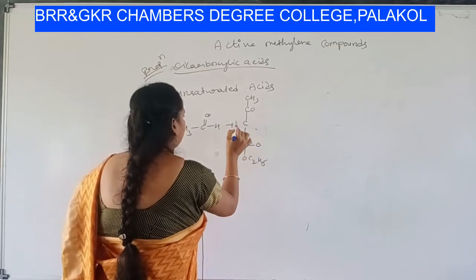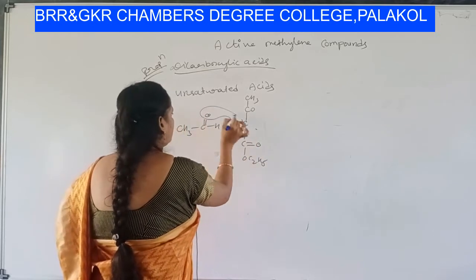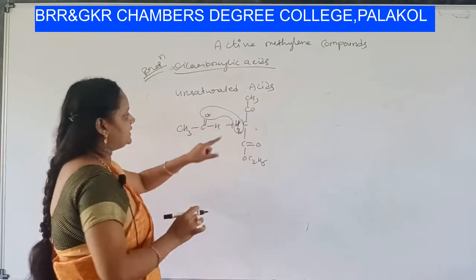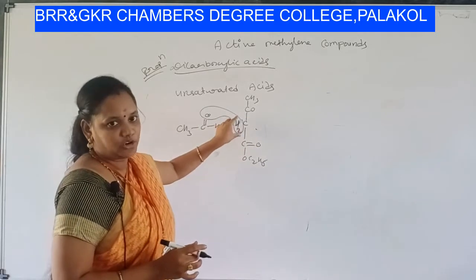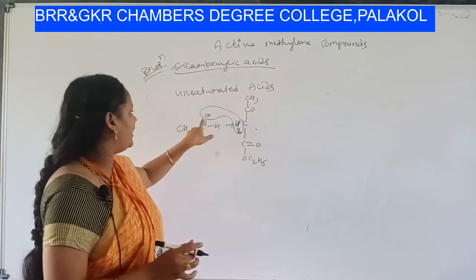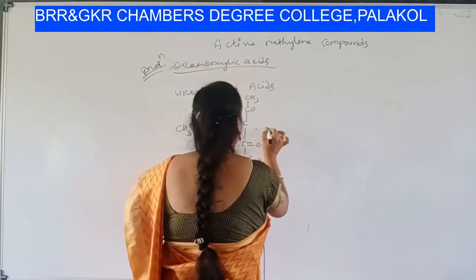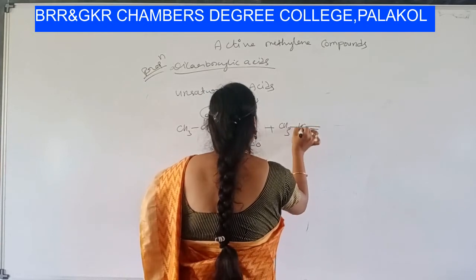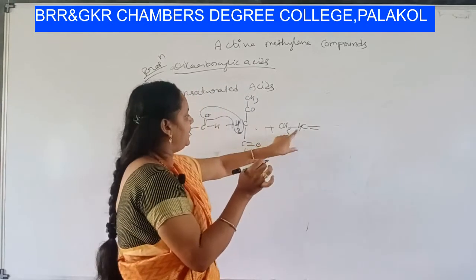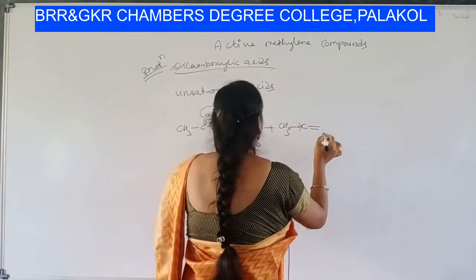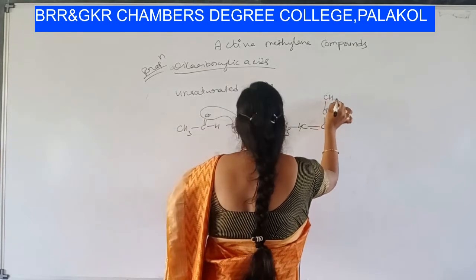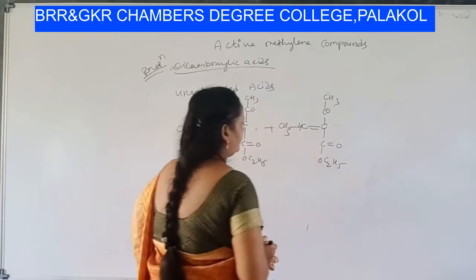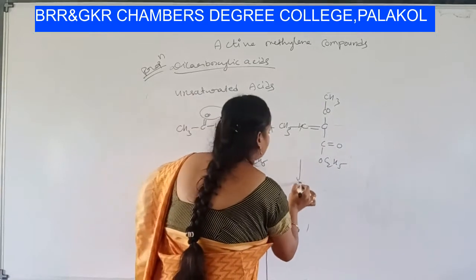If you write H2 here, a water molecule is eliminated. Okay, the water molecule is eliminated from hydrogens of the active methylene group and oxygen from the aldehyde. So you will get CH3 C double bond, I am combining CH, double bond CO, CH3, C double bond O, OC2H5. Okay students, now I am doing hydrolysis.